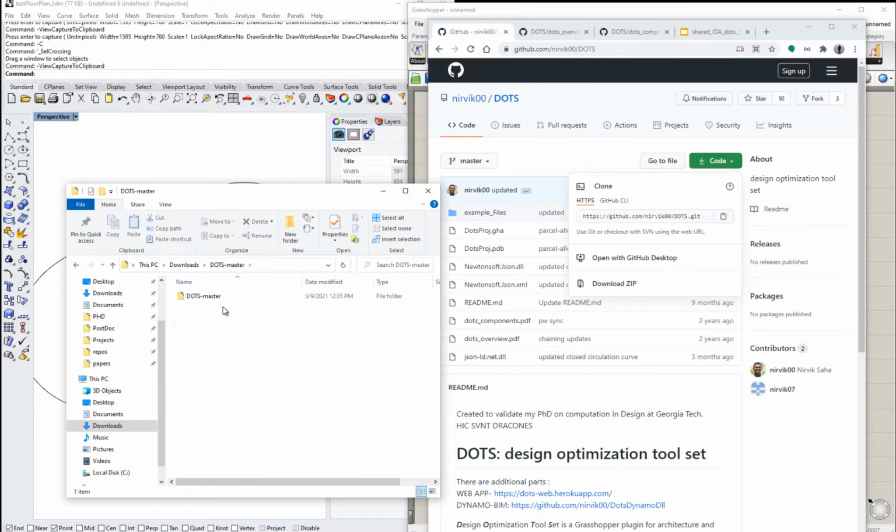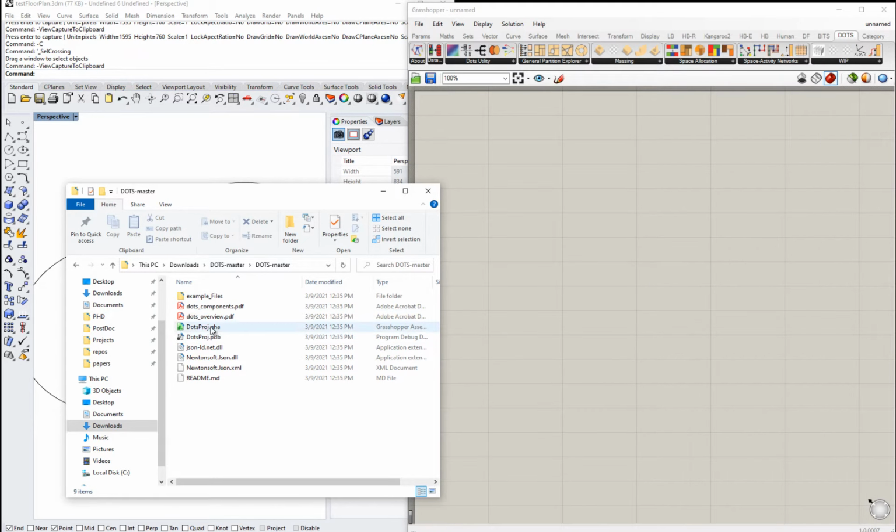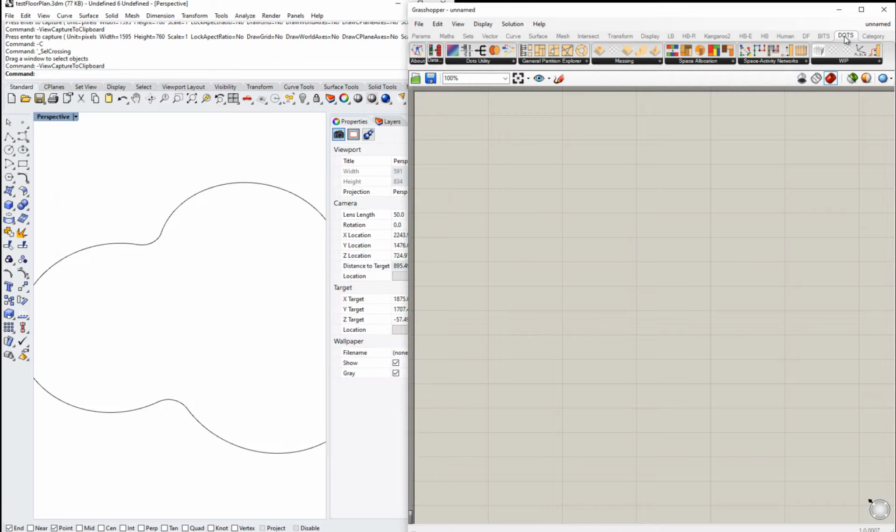So once we extract the files, we should get example files, and the other important thing is dots-project.gha. The dots-project.gha is the main executable that you can directly drag and drop into your canvas, and it will install dots for you. Since we already have it, we are not installing it. So once dots is installed, it's going to display this tab with all the components of dots, and